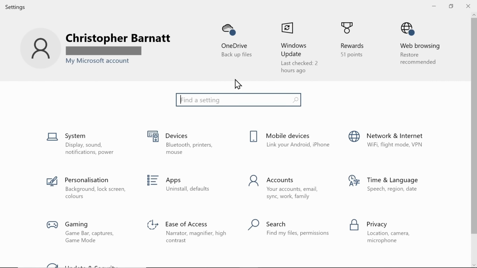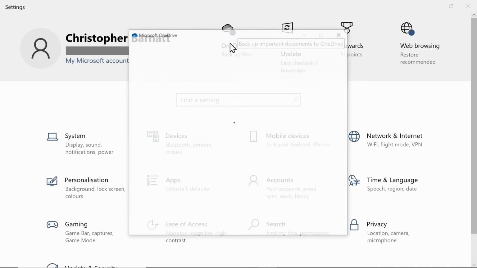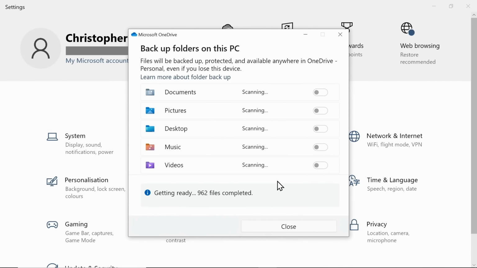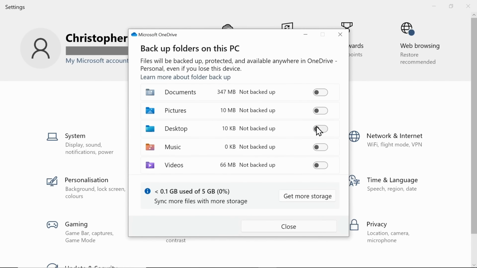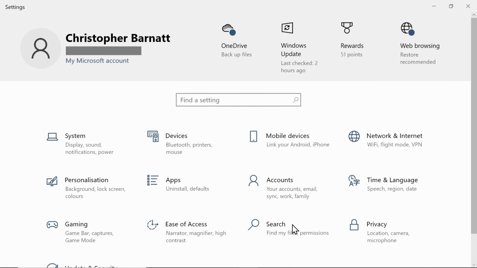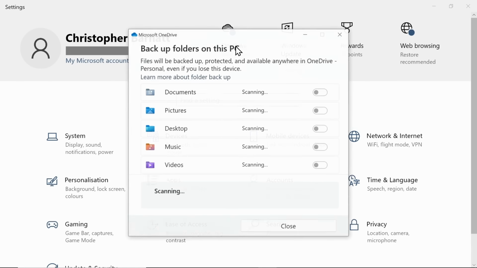And right now, this PC does not have data backup enabled. This said, if we click on OneDrive and backup files, what will happen is, just wait a second, oh look, it's turned on backing up 3 folders. I'm going to turn that off again, like that, and like that. The save changes goes away, we can close it, but guess what, if I open it again,